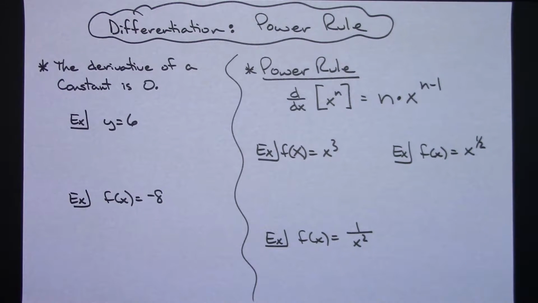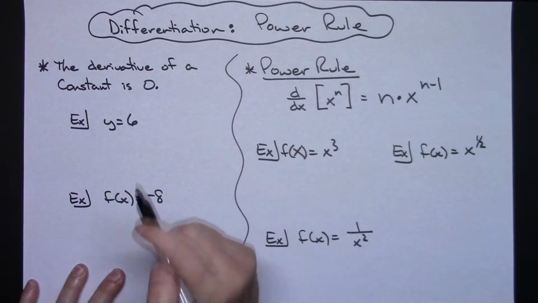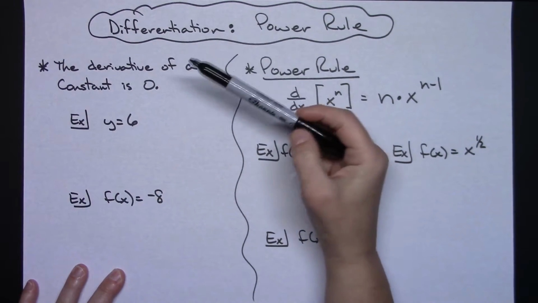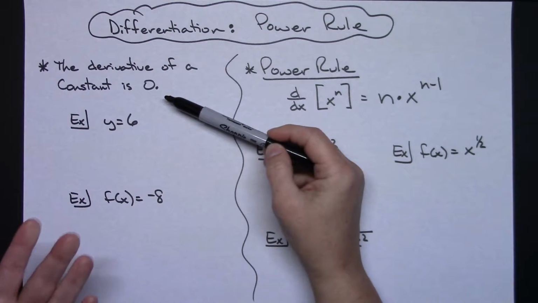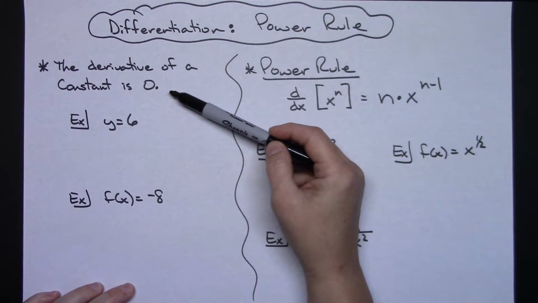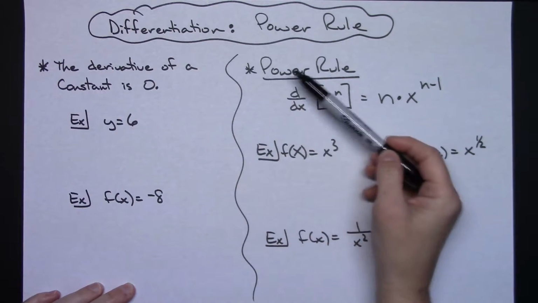In this video, I'm going to introduce the power rule, which is a rule used when we are trying to take the derivative of something. Now, before I actually get into the power rule, I do want to make sure that you've got the background information that the derivative of a constant is 0. Really, that's probably the very first thing that they show you or talk to you about before you introduce that